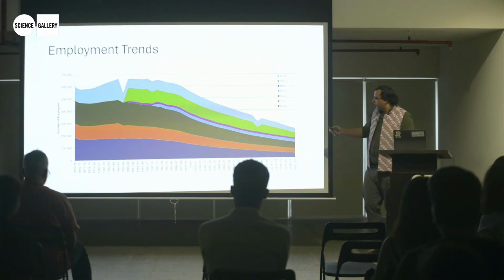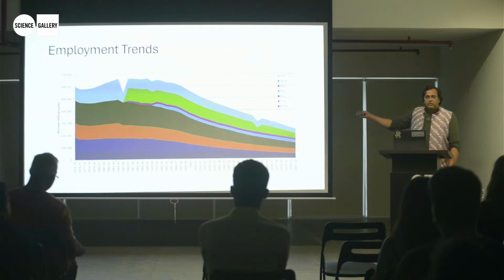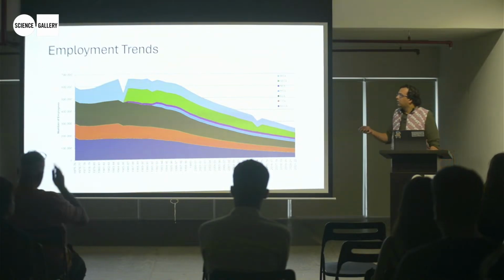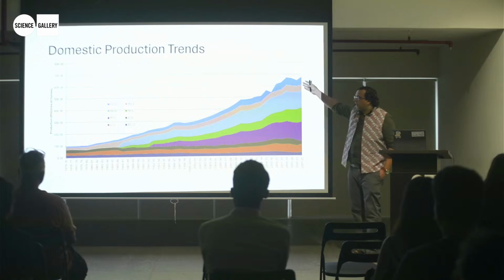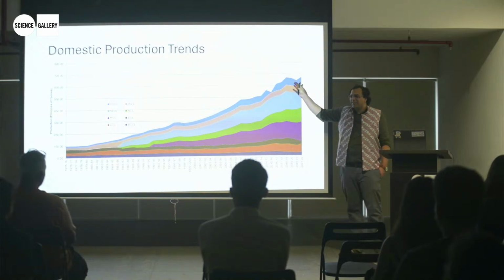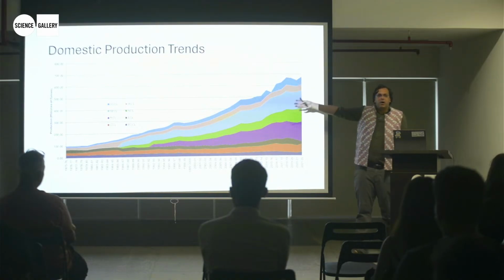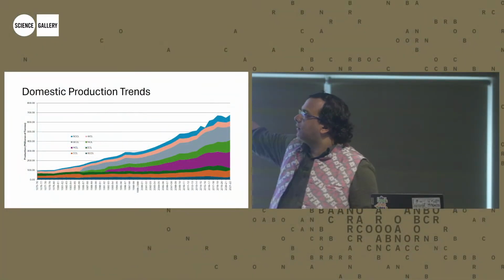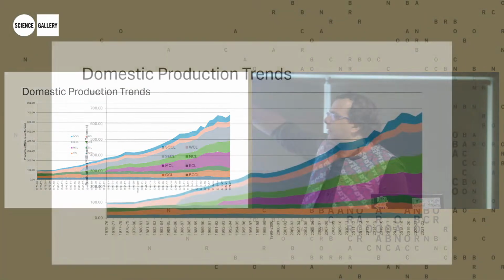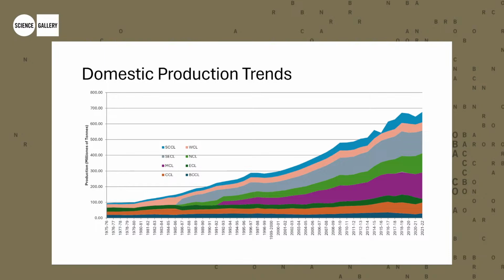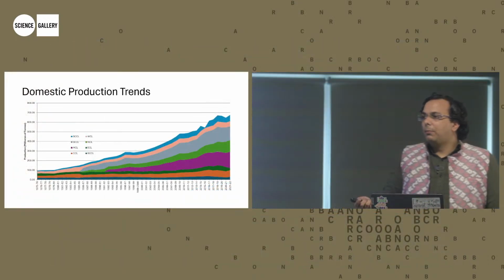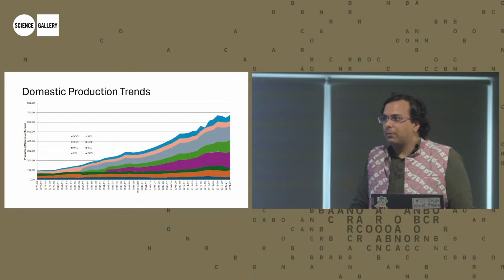And so that's interesting because at one level, you've had massive decreases in employment. On the other hand, production has gone up almost 7x during that time, right? So from 100 million tons during the 1970s, it's around 700 now. If we include coal imports, which is not produced domestically, it's even higher, right? The government of India has put out targets of mining 1 billion tons of coal. This number isn't decreasing, right? And so obviously a lot of this has happened on the back of heavy mechanization and capital intensity, right?